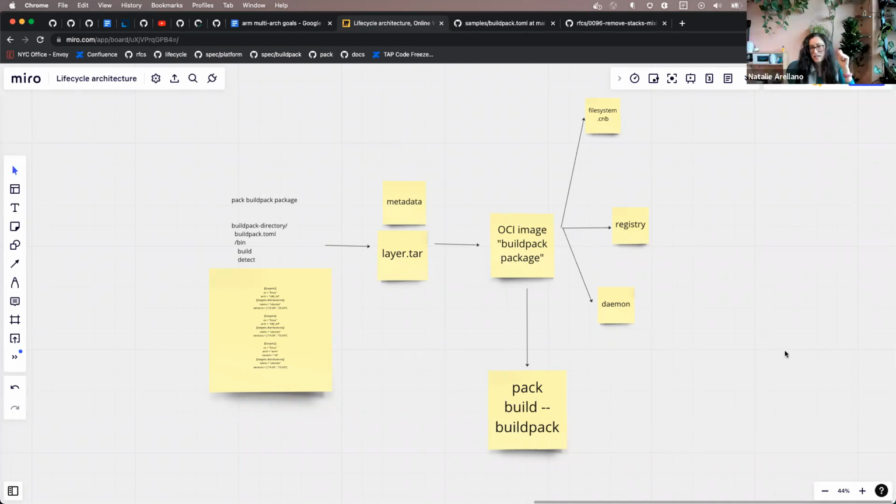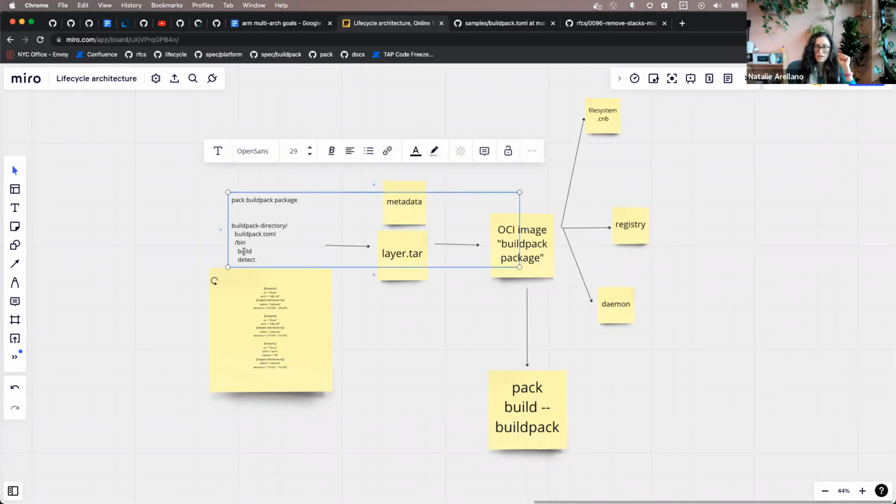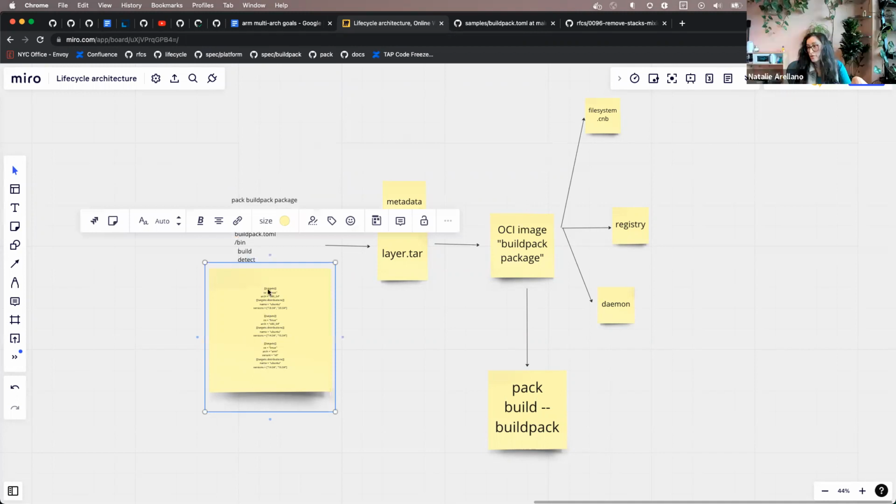I think that's an interesting question, because right now when you look at your build pack, we're just assuming that whatever binaries you put here are going to work on all of them, right?